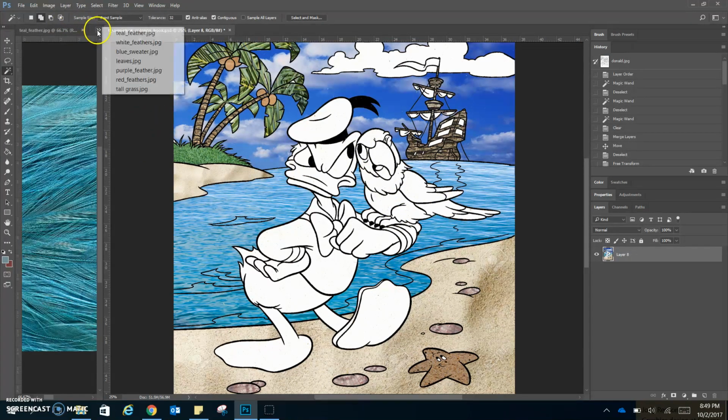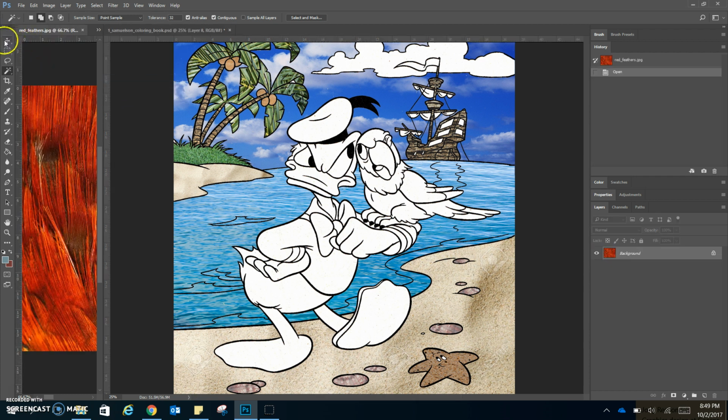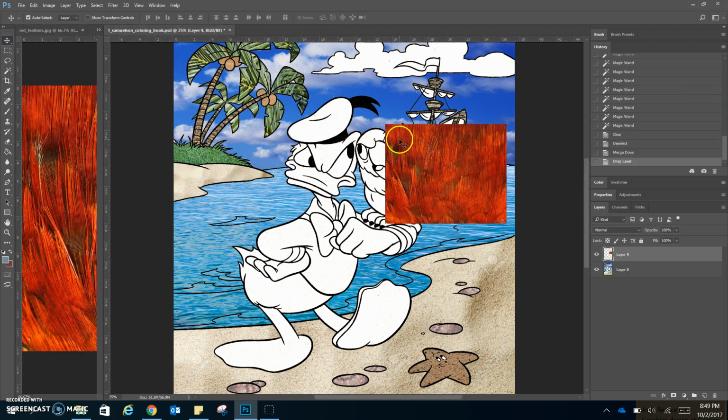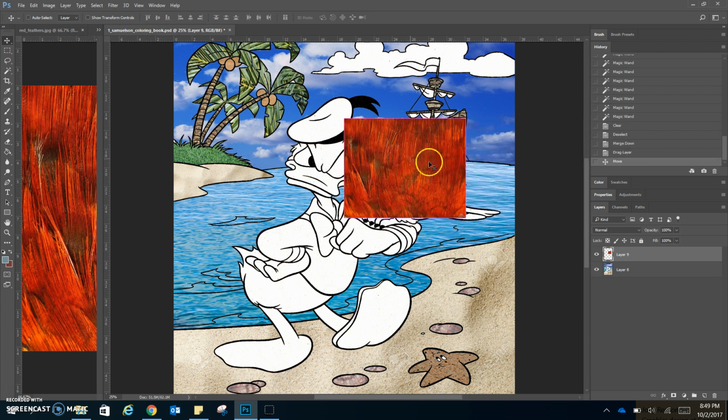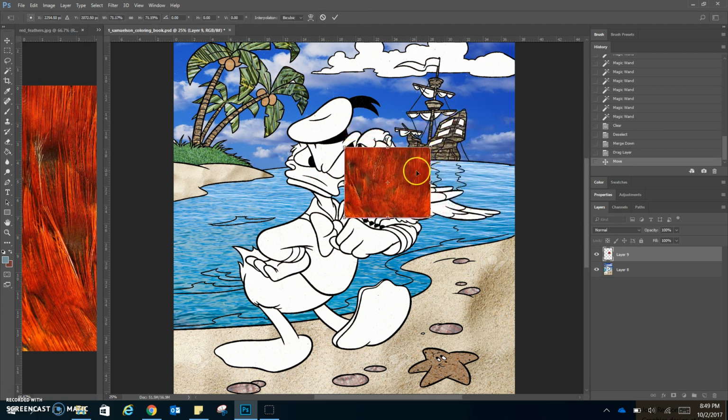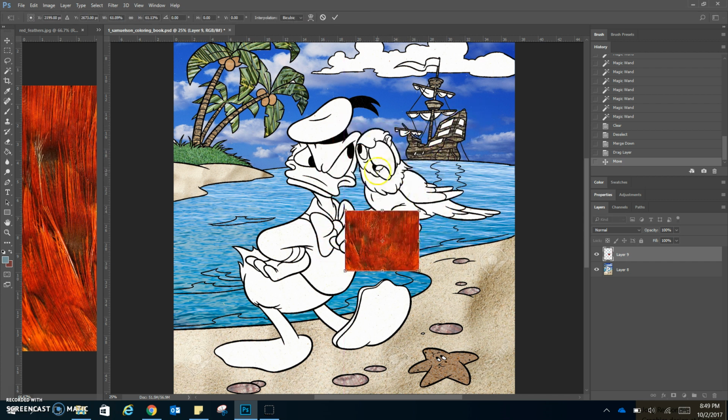So the parrot, I want you to see that I have purple, red, and teal feathers for the bird. So we're going to make his head red. So let's go ahead and drag that one over. And I'm going to resize it a little bit. Again, it's just going on his head and not his beak. Okay, so it's going to be just the feathers,